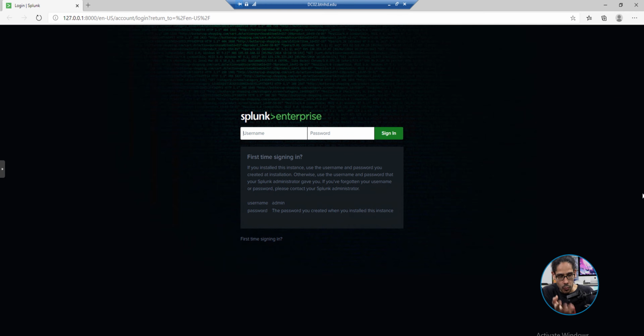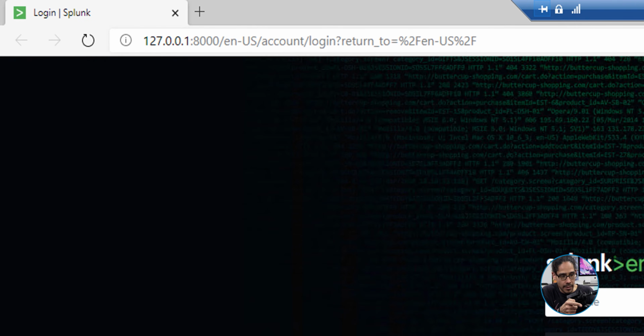And there it goes, the website opens up. The URL is 127.0.0.1, which is the loopback of your server. Most likely you are able to use an A record. I could use DC02 because that's the name of the server. And then make sure that you have port 8000 open. Yeah, you've got to have it open. Make sure your firewall allows 8000 for you to have access to this particular URL.